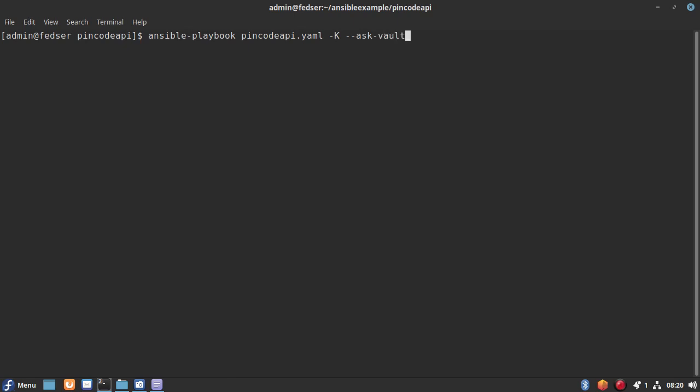So basically what it does is it is going to ask for the vault password. The vault password is required to decrypt the content of the file which we have used in the playbook. So while executing the playbook, it is going to use this vault password to decrypt it, and it is going to use it in the Python application as the first argument which we have passed. Okay, so let me run it.